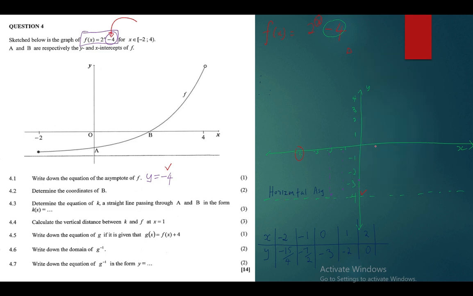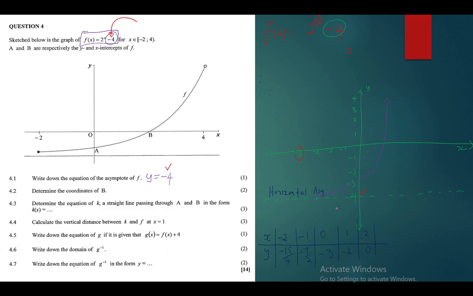You match 1 and minus 2. Let me say my 1 is here, minus 2 will be here. You match 2 and 0, 2 and 0. So your graph will be going like this. Remember, your graph will be going like this. It will touch the y-intercept at negative 3 here. Your graph is something like this,